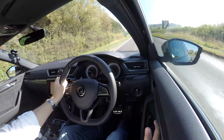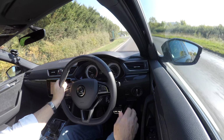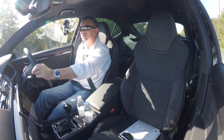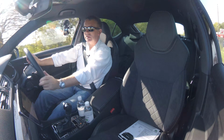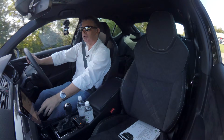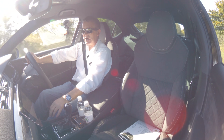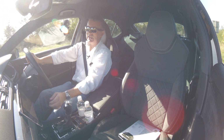Nice Alcantara finish on the doors there as well. Electric seats. Heater switches there, climate control, 12 volt power supply, USB,